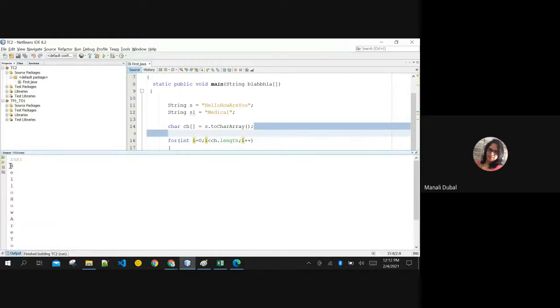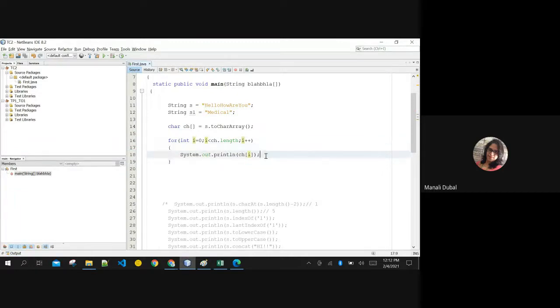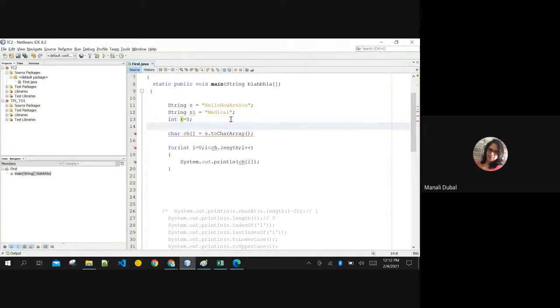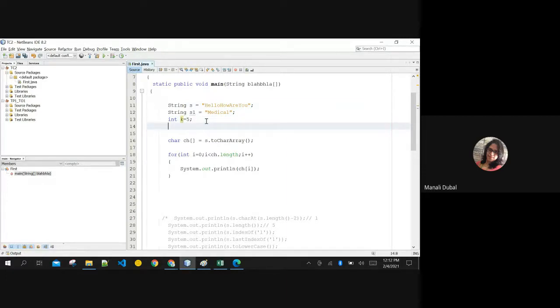You have this in the form of single characters. My question for you is, given a string, encrypt the string given a certain character, say for example K. Try to replace the ASCII value in such a way that it becomes an encrypted text. If I add 5 to H, what is the output? H plus 5 gives some character. I want to encrypt this string.